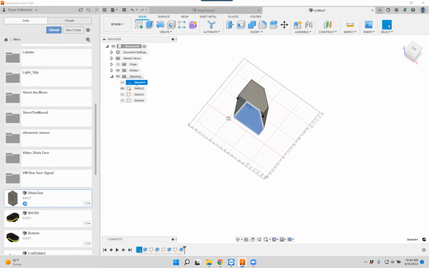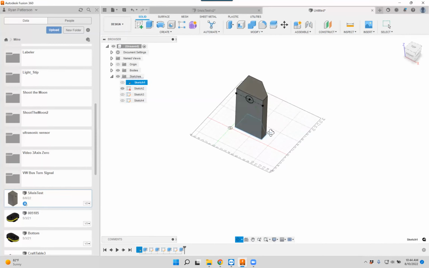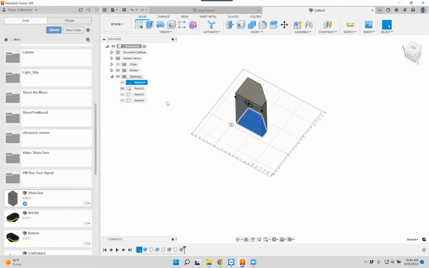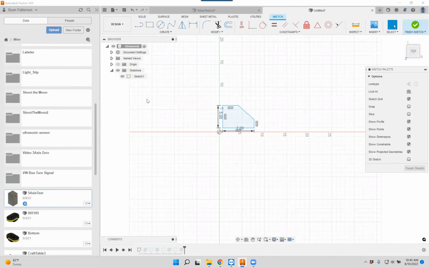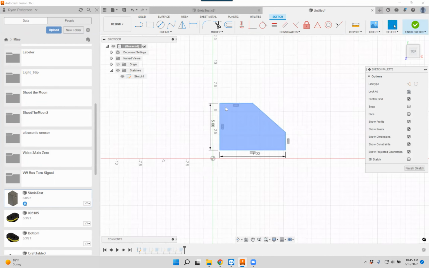Yeah, so that is the sketch. The very top sketch is usually the base sketch of the model, and that sketch is drawn on an XY or some sort of plane. So I'm going to right click and select to edit that sketch. If I wanted to clip another corner or change the geometry or the shape of this, we could modify anything that we want here. So I just randomly drew out a line,